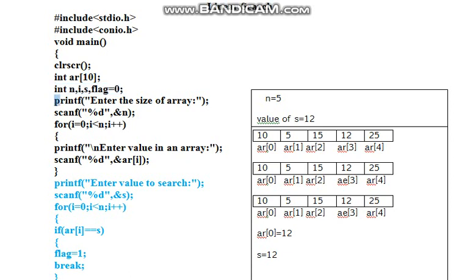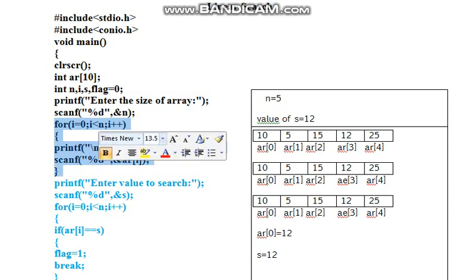Now we will input the value of n to limit the number of elements. The total size of the array is 10, but we have to limit it. If we want to insert 5 values, 6 values, or 4 values, it is done with the help of n. So we'll do the input of n. Then initialization of an array. This is the initialization of an array.